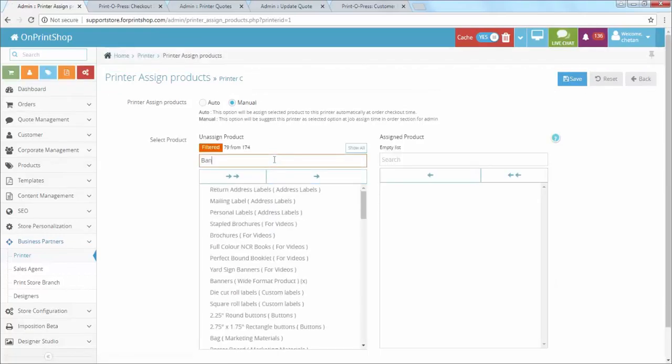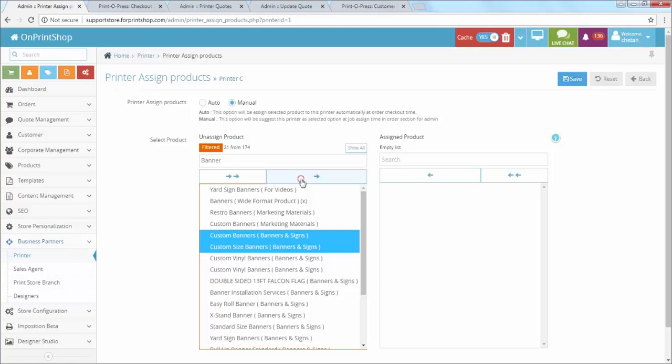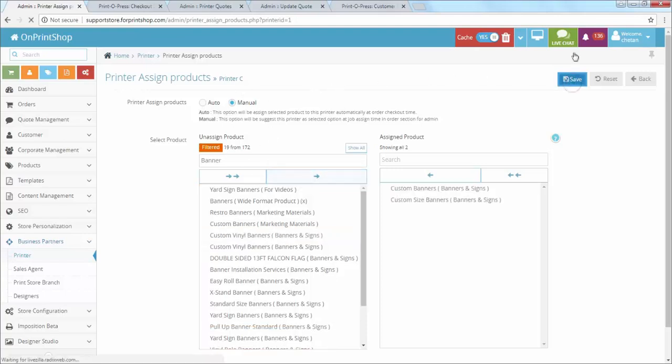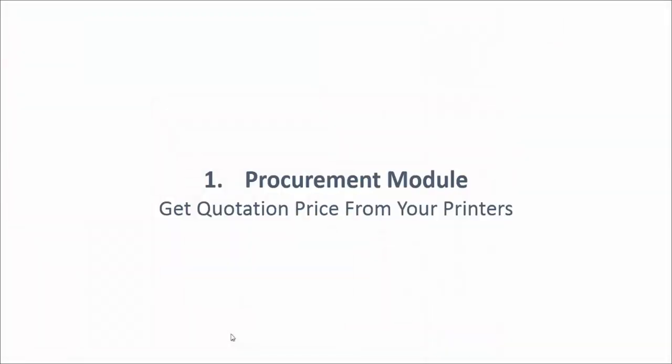So let's say I am having some banners, custom vinyl banners and custom banners, I want to assign to this particular printer, then I can do it from here. So yep, this is our procurement module, and